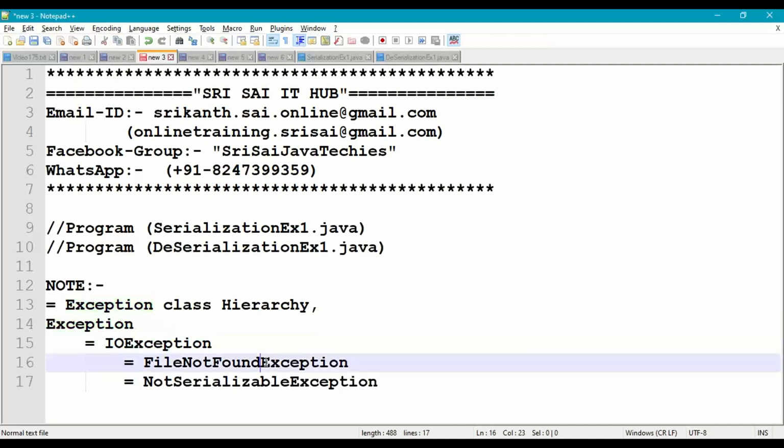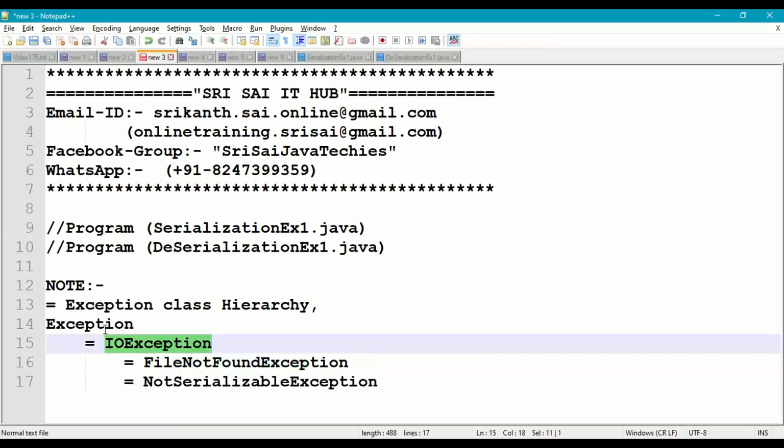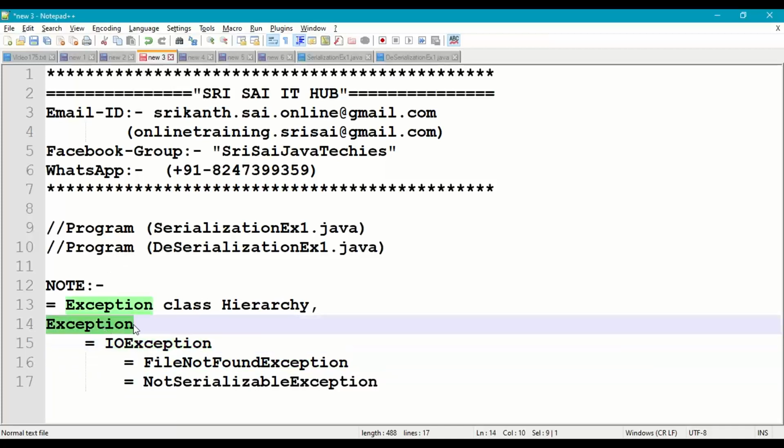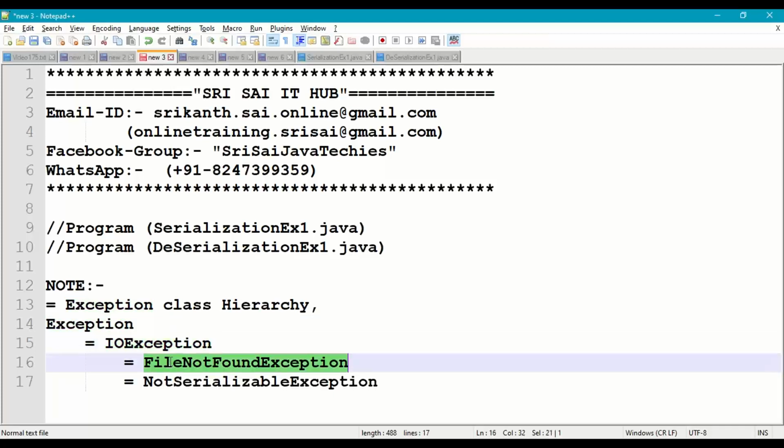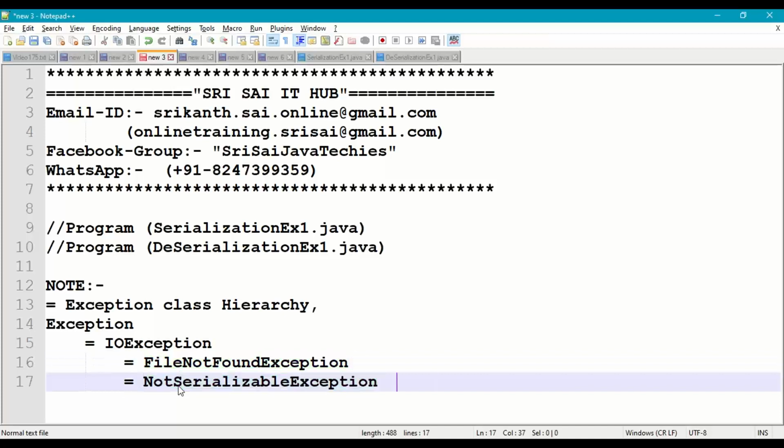So similarly, file not found exception is also inherited from IO exception, which in turn is inherited from exception class. So exception class is a super class for all the exceptions, whether predefined exceptions or user defined exceptions. So under IO exceptions, we have file not found exception, and as of now, not serializable exception.